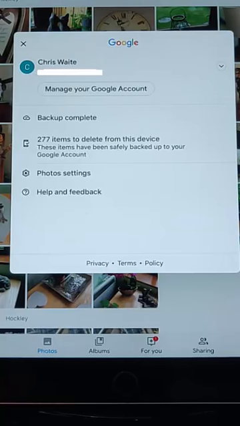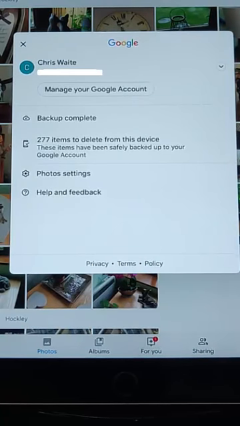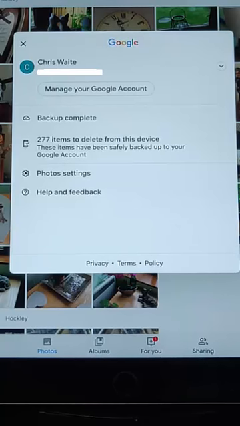So you can clear those off to clear space on your iPhone or iPad. I would say before tapping this, make sure that you're happy just to have them stored at Google. Make sure you've got a firm note of your Google username and password, and make sure if you've put in a recovery telephone number that that telephone number is up to date with Google and you have access to it,